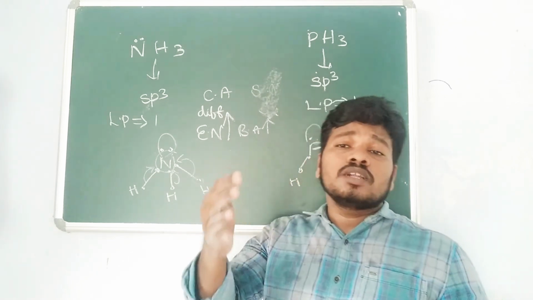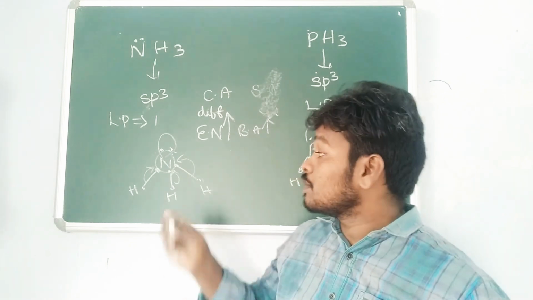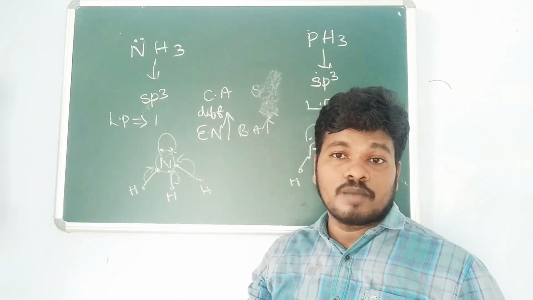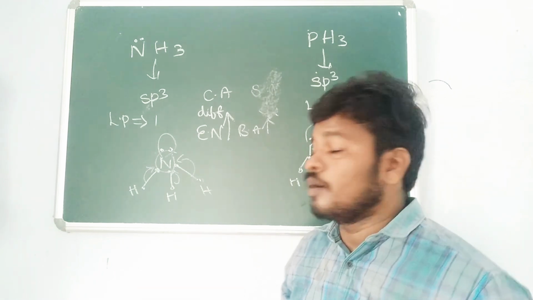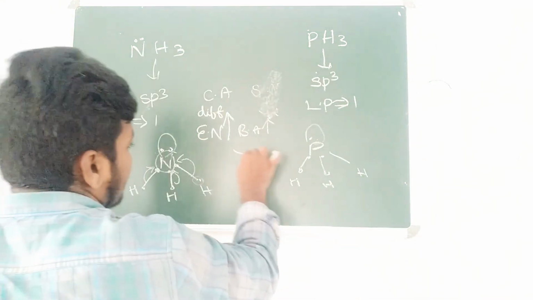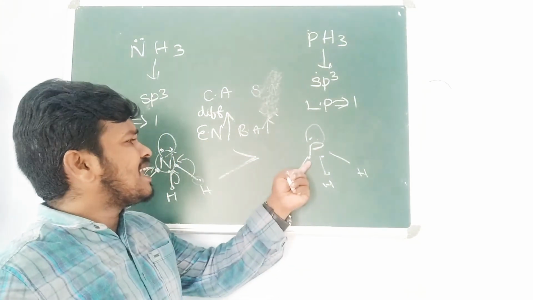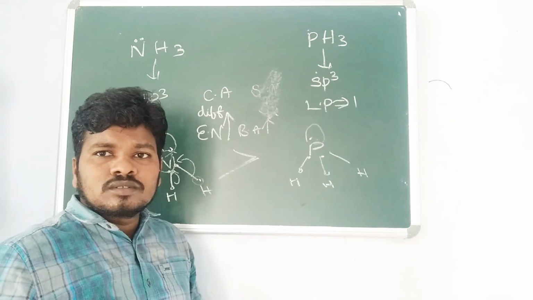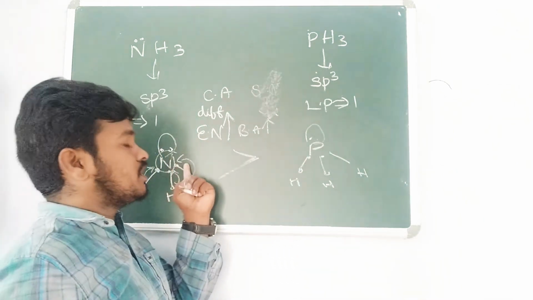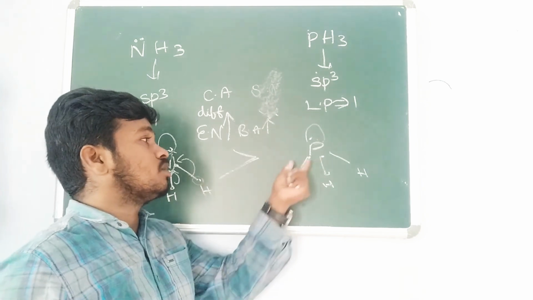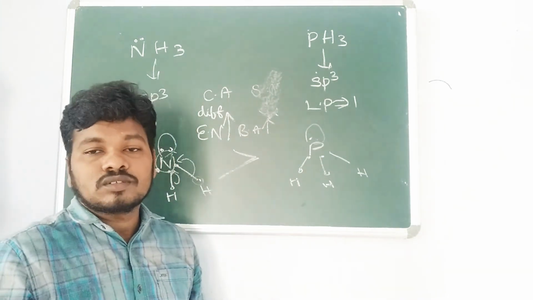If the electron density is more around the central atom, automatically what will happen? More repulsion between the bonding pairs will happen, so automatically the bond angle has to be more. So that's why NH3 has the more bond angle. Here in this case what happened? The bonding electrons will not shift to the phosphorus, because phosphorus is not more electronegative than the nitrogen, and the phosphorus and hydrogen electronegativity is not much different. That's why this is the one pressure.